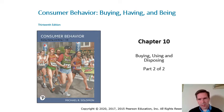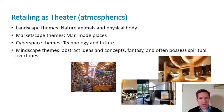We're going to continue talking about the buying experience, especially in-store stimuli, and then we're going to move into how products are used and, more importantly, disposed of, what options are available right now that maybe were less popular or common in the past. So first,